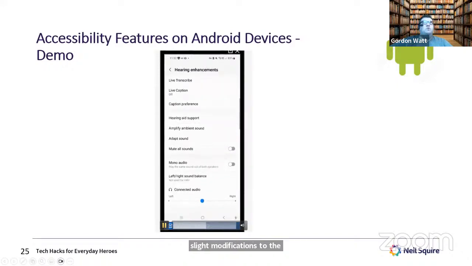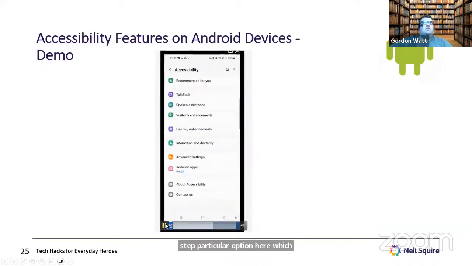Moving on, we've got the next particular option here, which is, I'm just waiting for it to come up. Bear with me a second here. It's going to be the